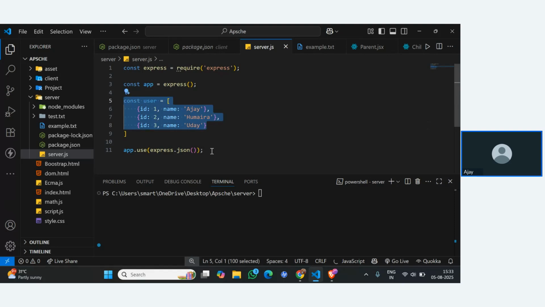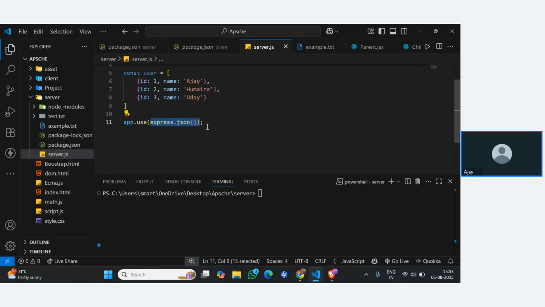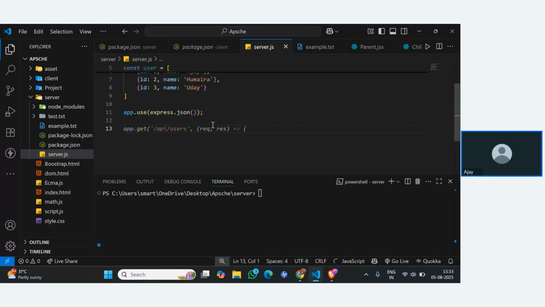I told Express I require this because I am going to send the payload in the form of JSON format. Then you can write